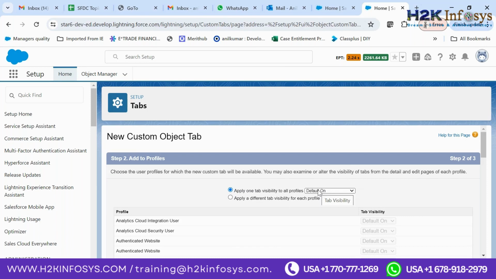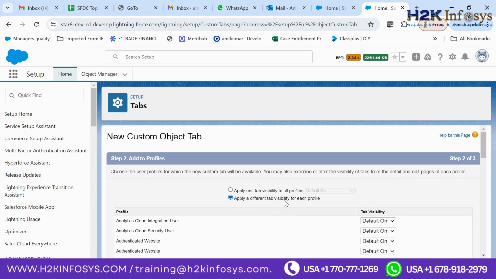Okay, profile means it's a collective set of permissions which will be assigned to a set of users. Now, how does this scenario work in real time? For example, I have created this object and there are different profiles. I don't want this object to be displayed as default on for all the profiles. There's no need for some other profile to see that object, and they may get confused. Why? What is this object? Why are we using it? No need. So in that scenario, I'll say